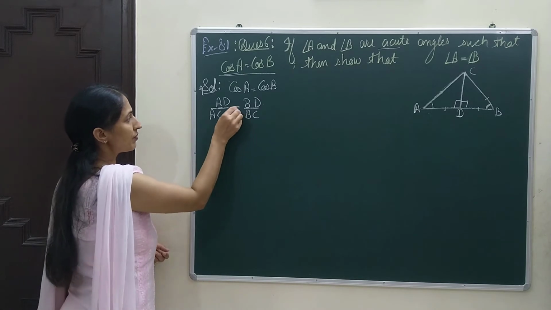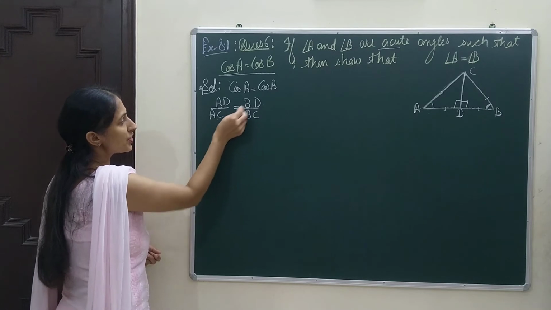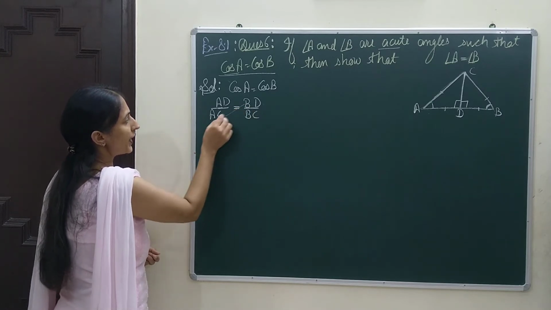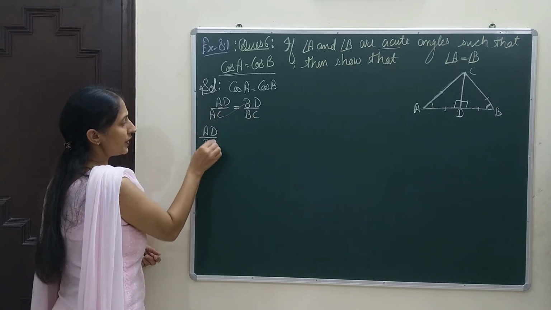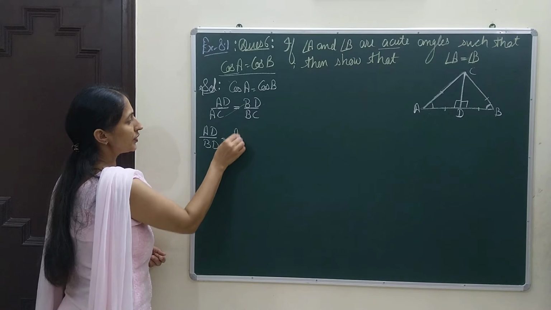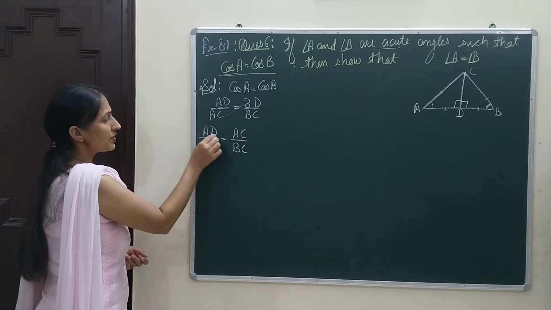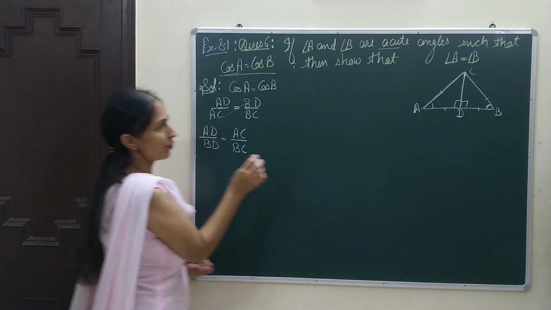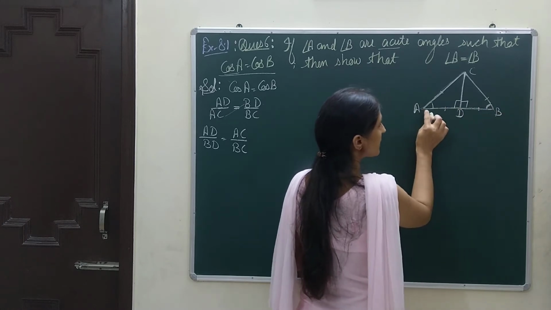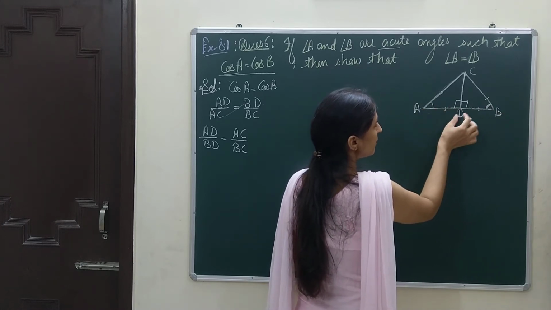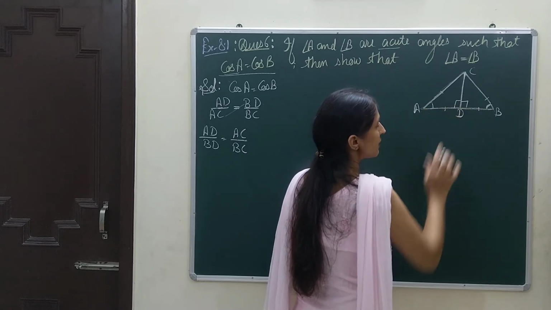Now the step I will do is shift this BD in the place of AC. I am going to interchange the places of these two, BD and AC. What result will I get? I will get AD over BD, and when AC goes into the numerator, it will look like AC by BC. Now if we see, it is giving us the AD and BD ratio, and in the triangle this is AD and this is BD. That means we are talking about one side which is divided in two parts, AD part and DB part. We don't know whether they are equal or not.